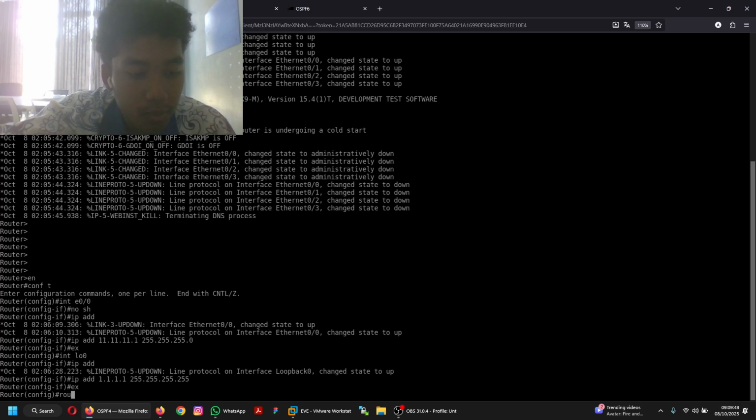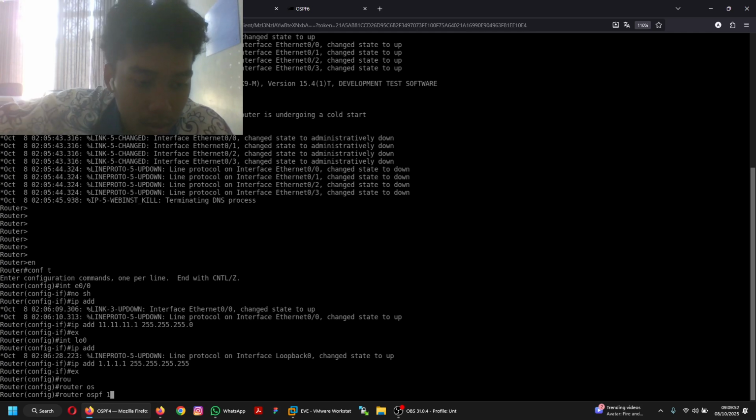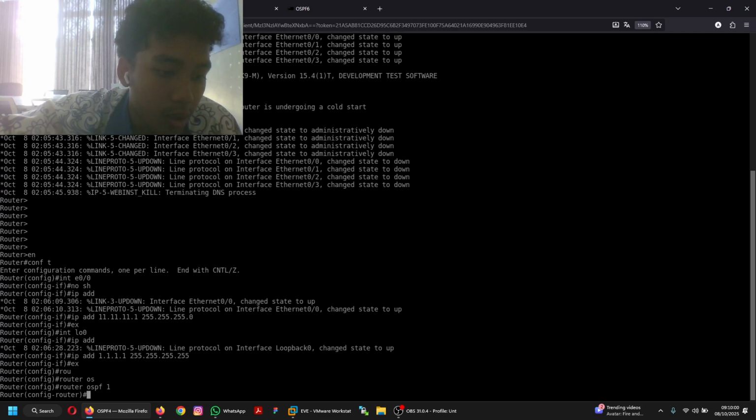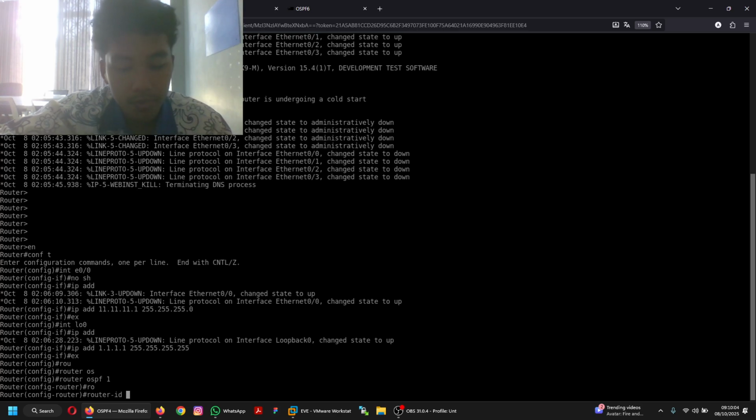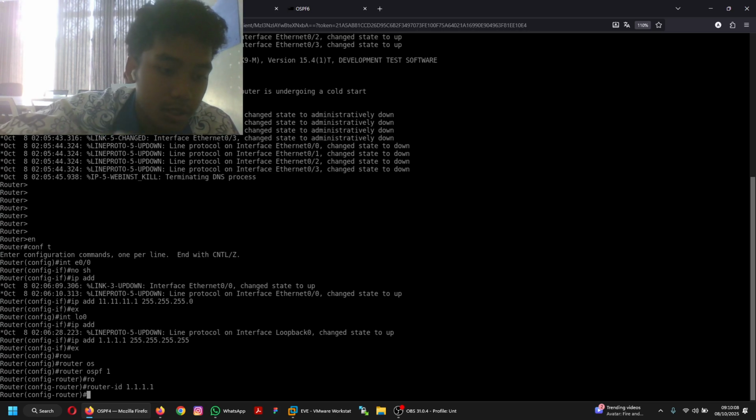You can just type router ospf, same as before when we were configuring RIP and EIGRP. Now we will use router ospf 1, and then you can type router-id first, because there must be a router ID.